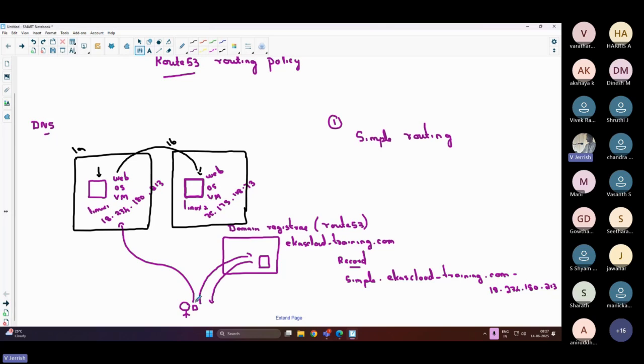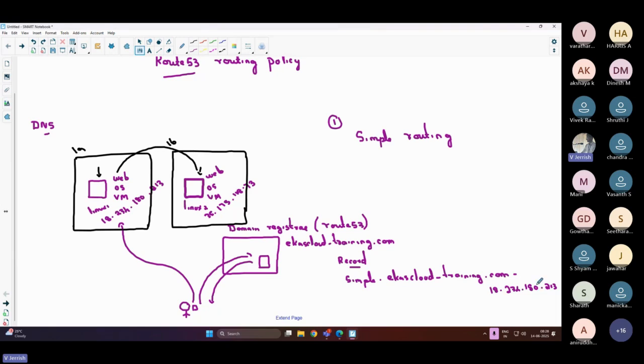From the end user point of view, it is a single application, right? So they can't type two names, right? Facebook.com is always a single name, right? Very similarly, people on the internet have to type a single name. But now you have two IP addresses. Is it possible to configure like this